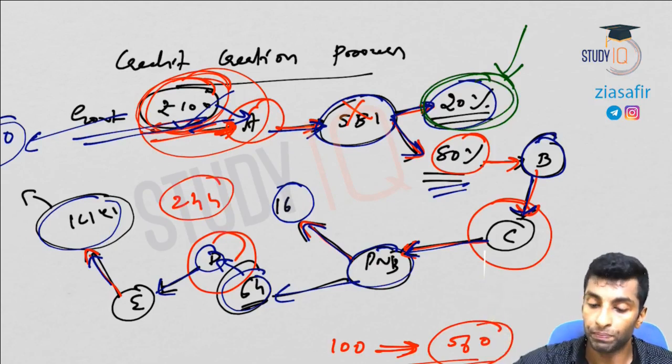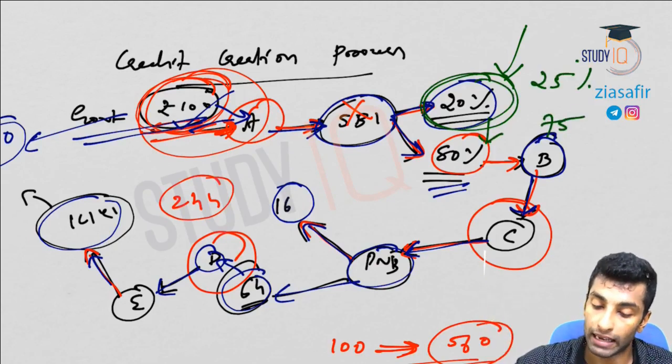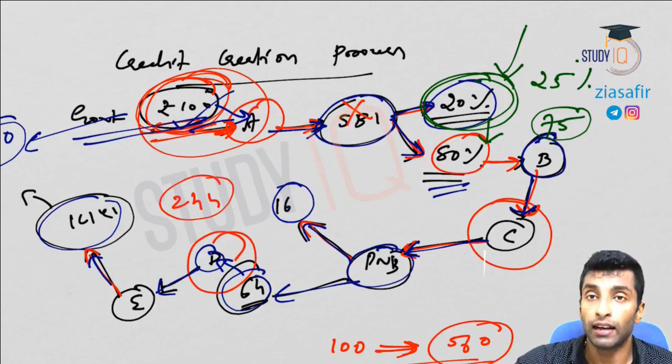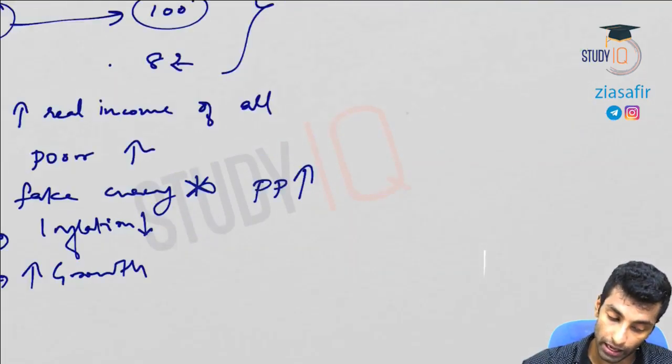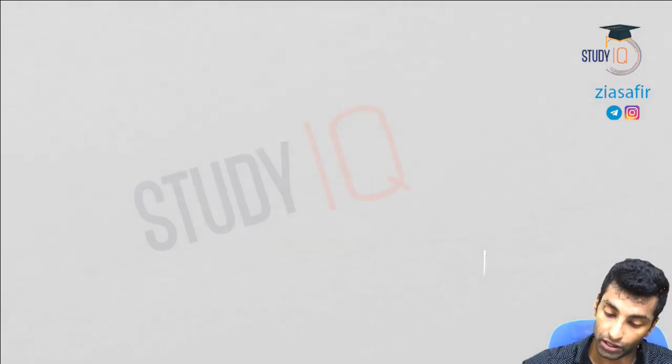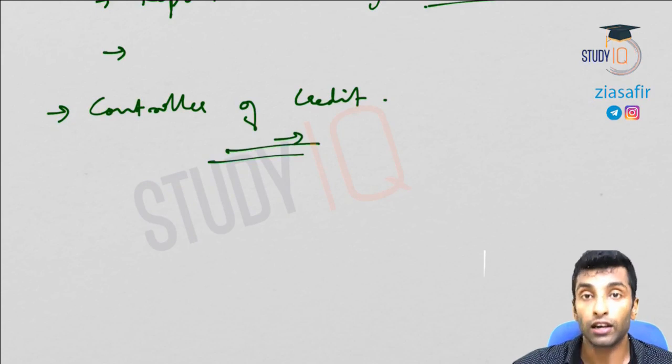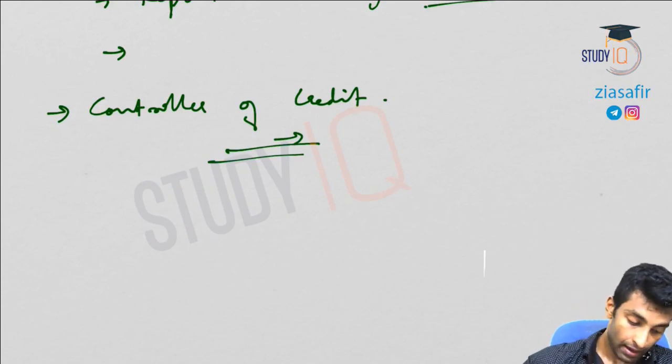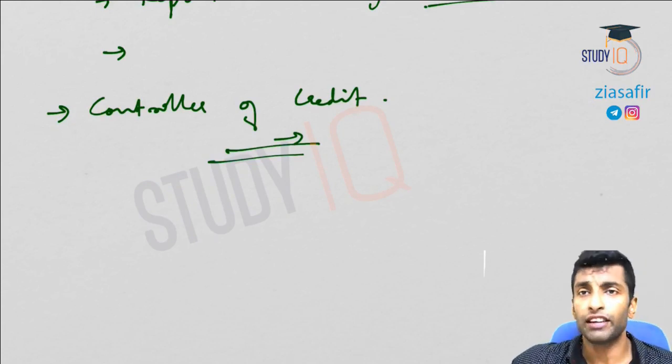If RBI increases that, instead of 20% it can be 25%, then the banks can lend only 75 rupees, right? Like this, RBI can reduce also, RBI can increase also. So the RBI can manage the credit creation process. That's why RBI is known as controller of credit. Then finally,